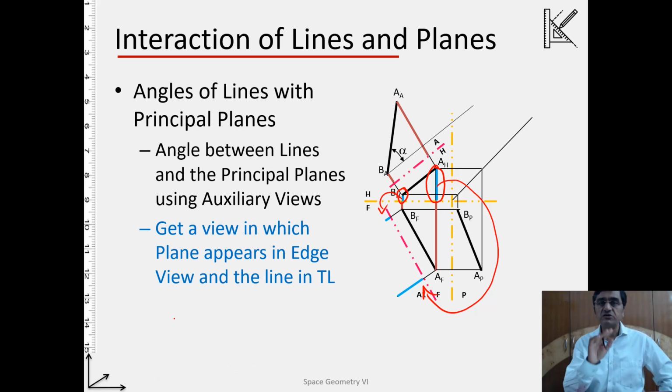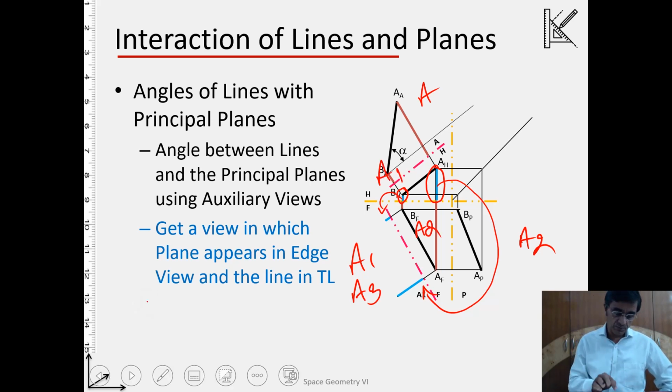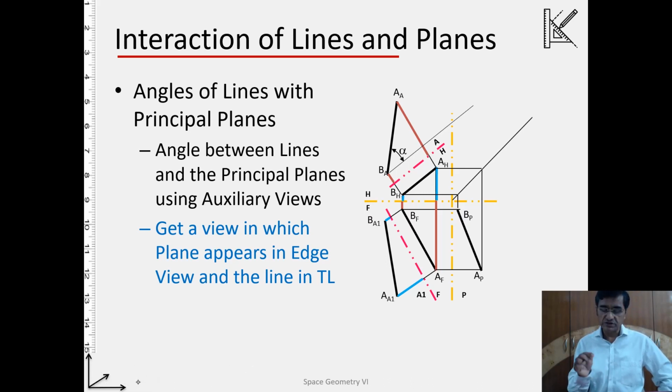This name A1 is not as per our definition. Okay, we are calling this as A, A1 and A2. That is how we are calling. But as per the definition, this becomes A3, this is A2, and this horizontal is A1. Okay, keep that in mind. We have done it several times. Alright, so if we take it forward, AA1, BA1 is the true length of line AB on the auxiliary plane with the name A1.